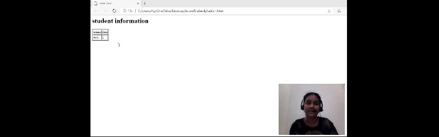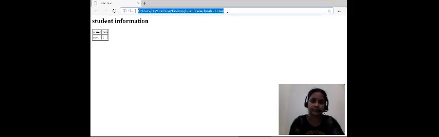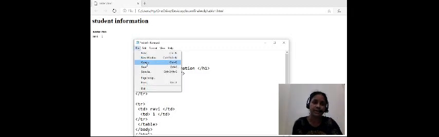How to create a table means here with the help of table tag. In the table tag we are going to use an attribute. That attribute is known as border. Suppose నేను border mention చేయలేదనుకోండి. Border I have not mentioned here. File, save. See the output here. There is no border. Is it clear? That is the use of the border attribute. Again see here, save.